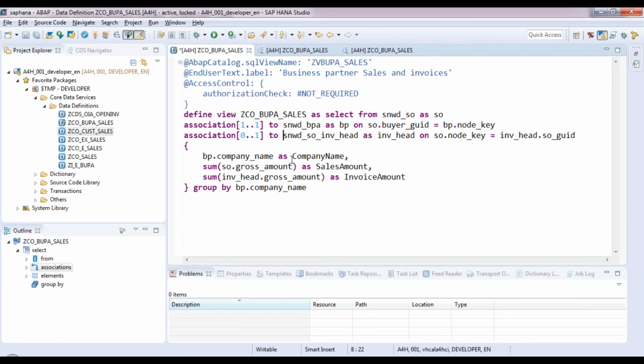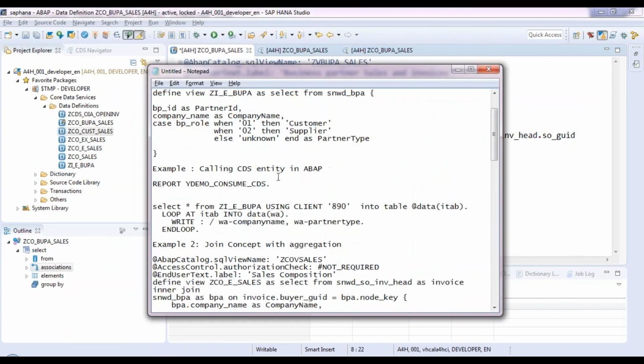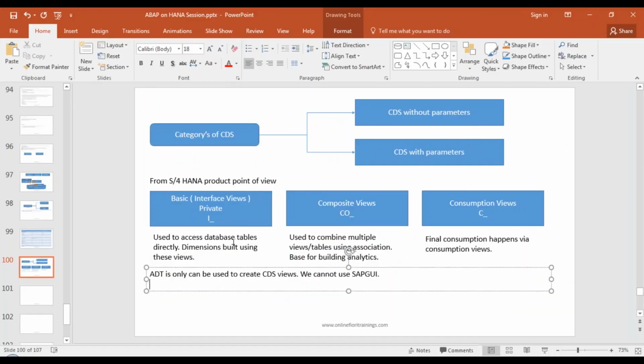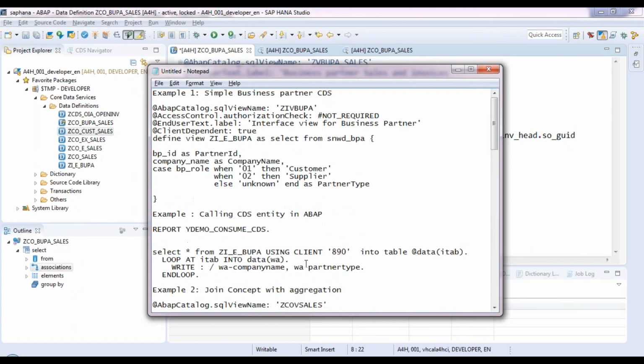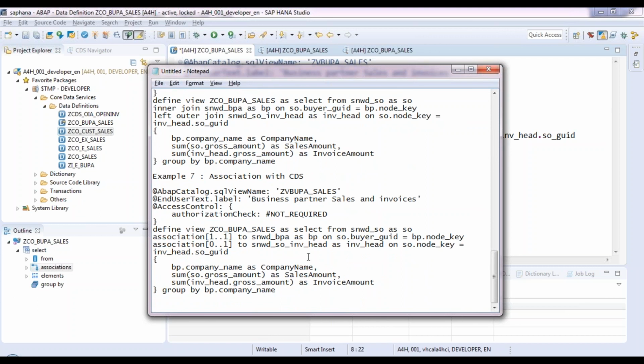I'm so sorry, some of the recording of today's class has been missed out. I forgot to publish or record the meeting. Please look at this example from this notepad file. You can try all these examples one by one in your server, and hopefully you'll be able to understand. Rest all the things are anyway there in the PPT. Majority of the things got recorded, but for the part where my server was not running, I had stopped the recording so that it doesn't get recorded. That's what is not recorded, guys. I'm so sorry for that, but I will see if I can publish this recording again in my next batch. Please bear with me on this part. It was completely my mistake.